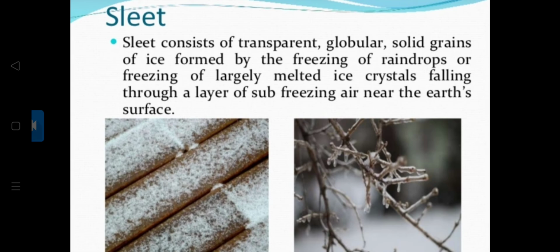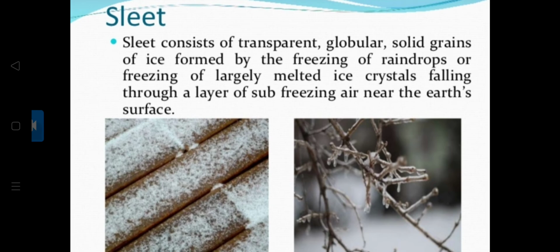Their structure is different, they vary in shape, size, and formations. Sometimes sleet may grow into hailstorms when violent vertical currents are produced in the atmosphere.